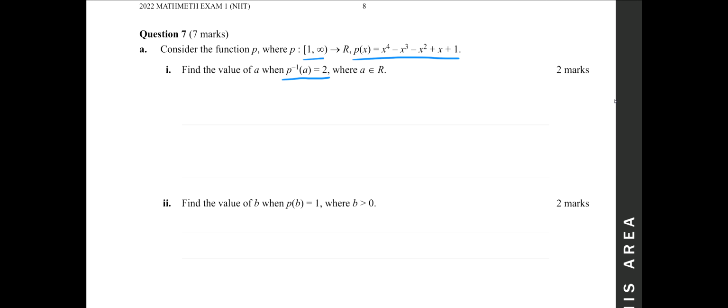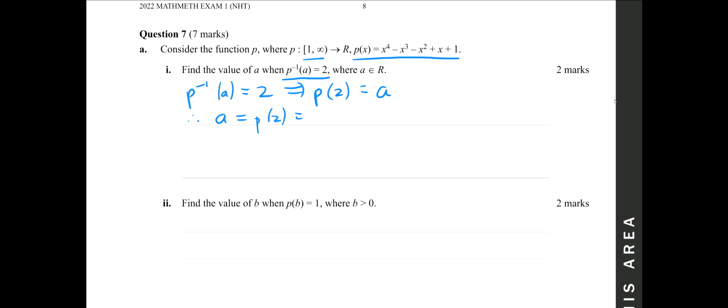In fact, what we need to do is use the fact that for an inverse, x and y are swapped. So if p inverse of a is equal to 2, so let me just write that out. If the inverse at x equals a is equal to 2, this is the same information as the original evaluated at x equals 2 is equal to a y value of a. So as you can see, x value a, y value 2 has now changed into x value 2, y value a. So that's just taking advantage of the fact that the inverse has x and y swapped. So therefore, we know that a is equal to p of 2, and simply we need to sub in 2